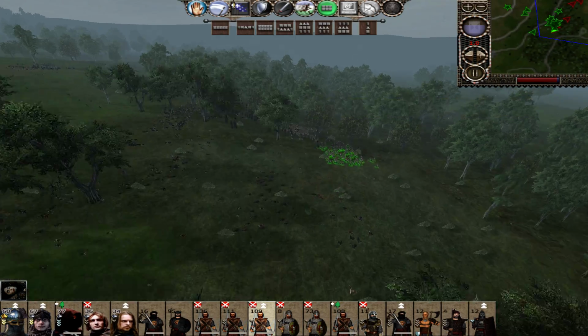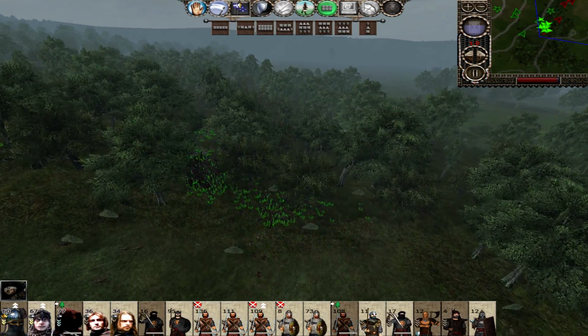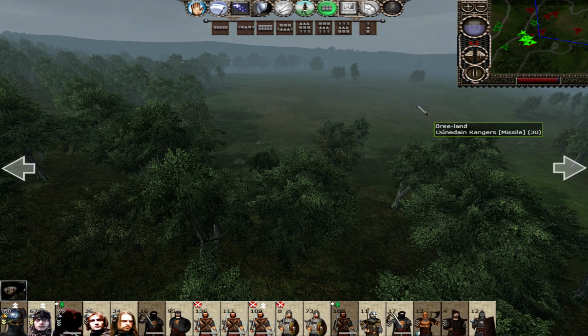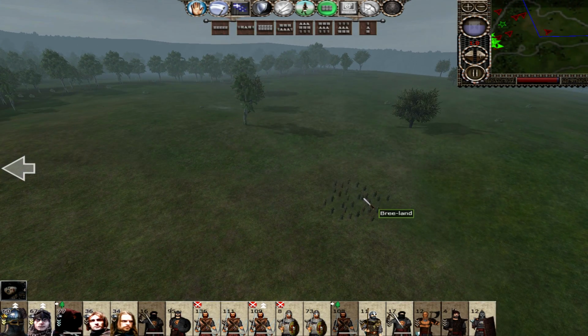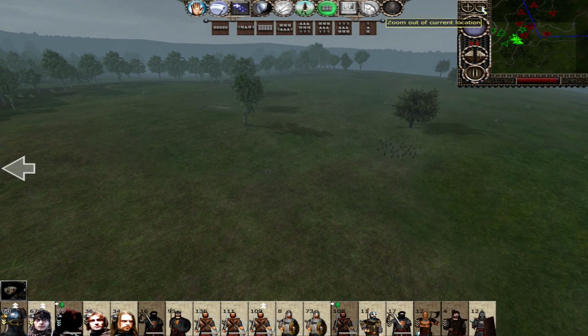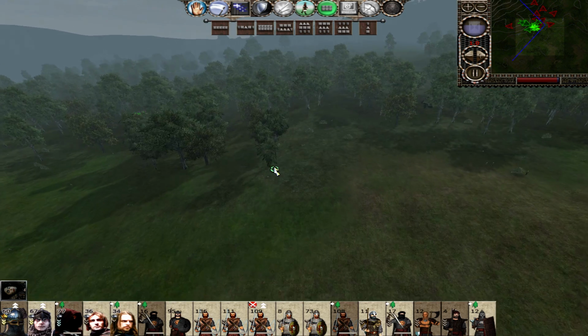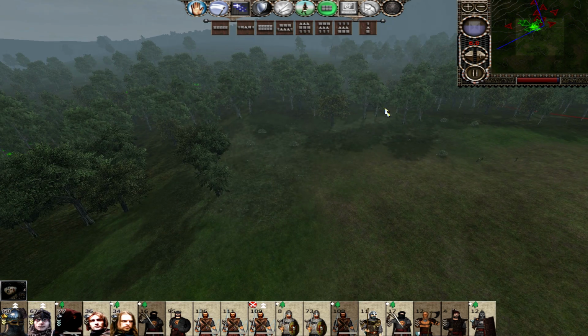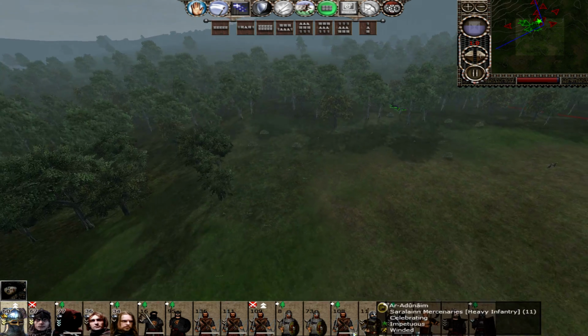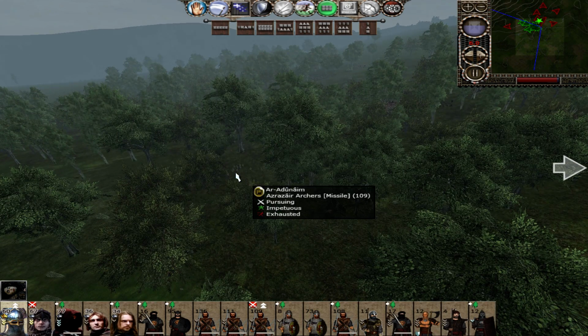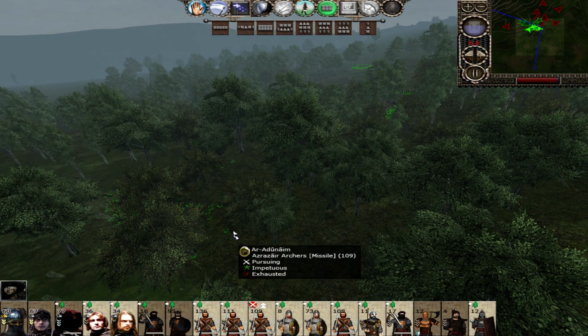How many have we lost? 35. And 95% of them have already gone down. I don't know who's still here then. I think some units... yeah, the Rangers. They aren't routing, they are retreating. Quite a difference. A lot of them are routing, don't get me wrong, but the Rangers are not. And so we're going to have to wait for them to actually clear the line before it ends.